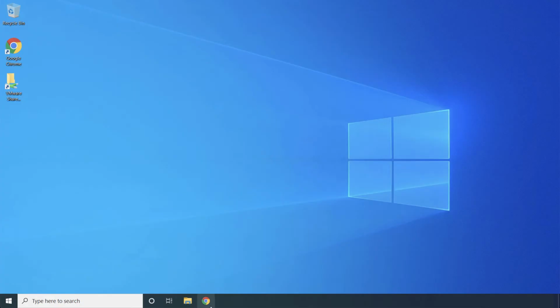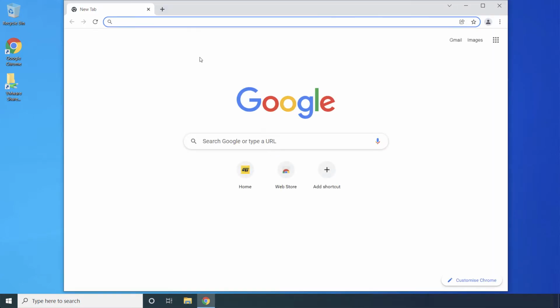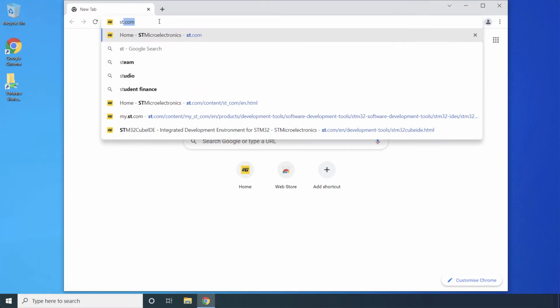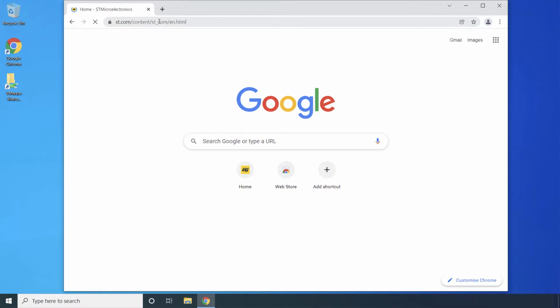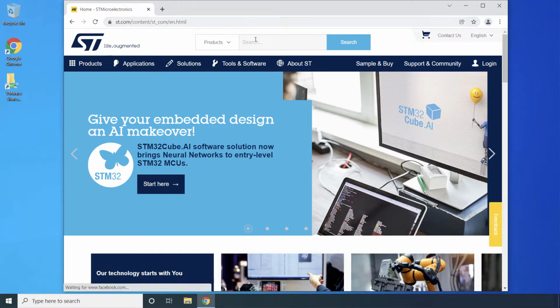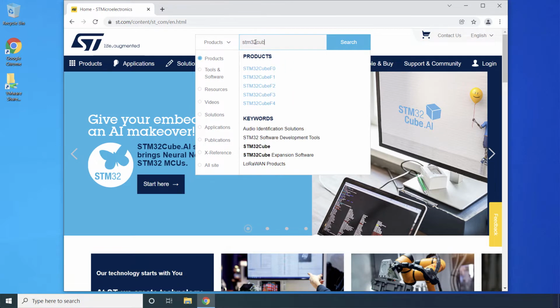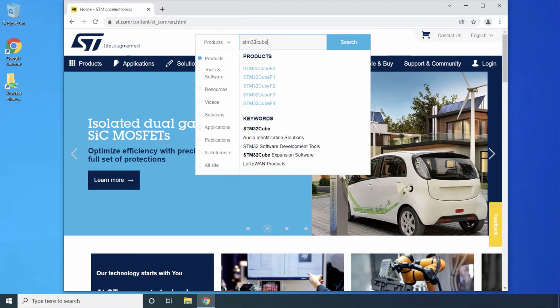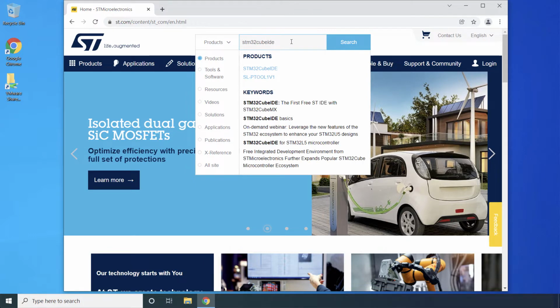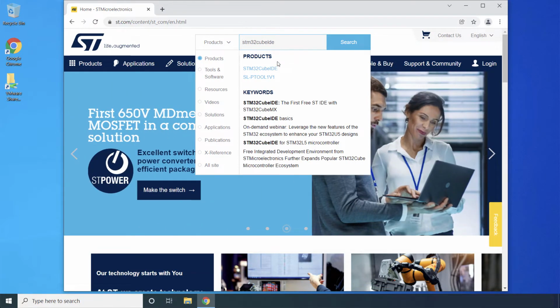First of all, we will need to download the software from ST Electronics. There is a link available below, but I'll show you how to find it by yourself, because it's never good practice to just choose whatever URL someone comes up with. So we can see I've found the